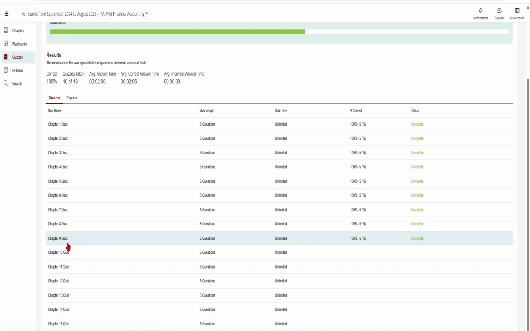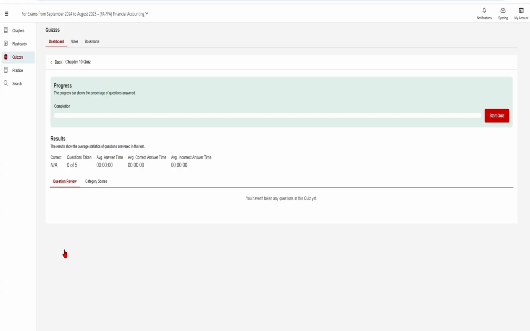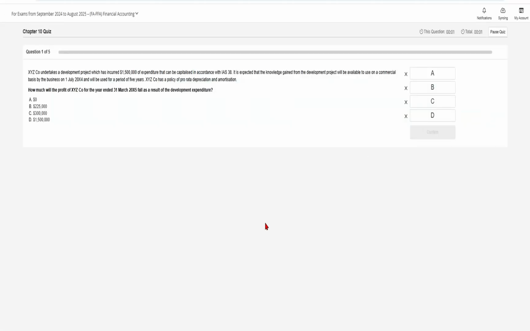Previously we have solved up to chapter 9 and in today's video we will do chapter 10. Once we are done with the quiz, we will come to the practice questions, and I guess there are lots of questions in the practice section, so we will do that as well. So let's start. This one is from IAS 38 and the first question says XYZ company undertakes a development